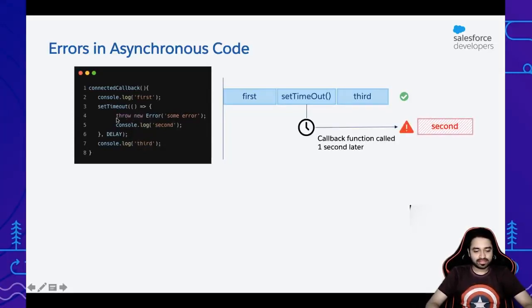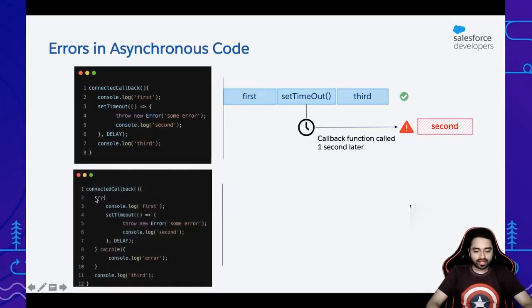Because we have specified throw error and then a console log, the error is going to be thrown and the console log is not going to get printed. So key takeaway: this is one transaction in which the set timeout method is called. The actual callback function is executed in another transaction. The first one is successful because everything is smooth, but in the second transaction, there is an error.